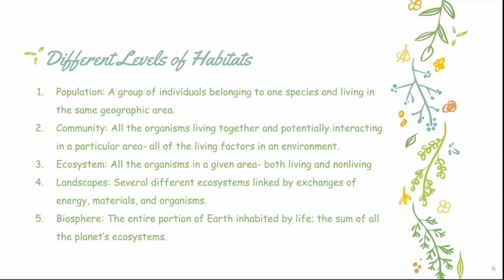So for example, let's say a small group of fish. Now adding on to that would be a community, so a bunch of organisms living together and interacting. So along with the fish, there might be some turtles. Now going even above that is an ecosystem. This is where all the organisms in one area are living and interacting peacefully together. So this would be, let's say, the turtles and fish in a pond.